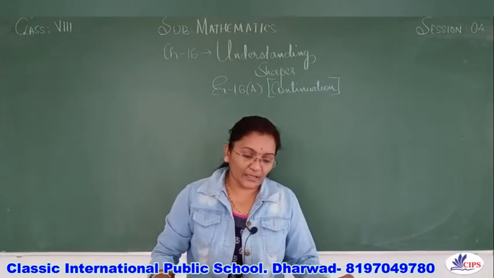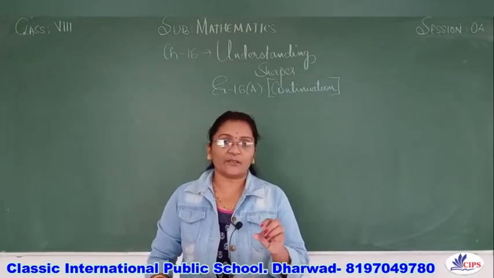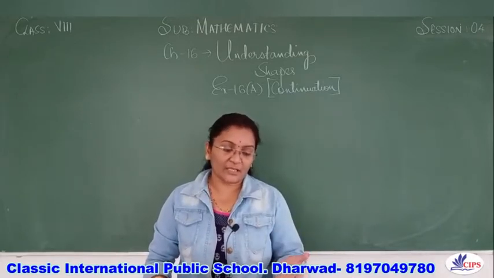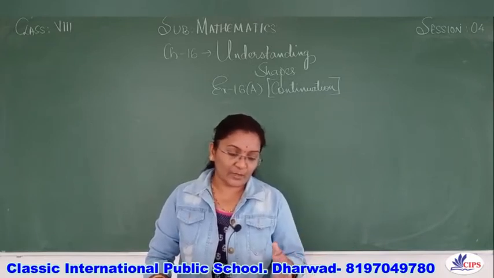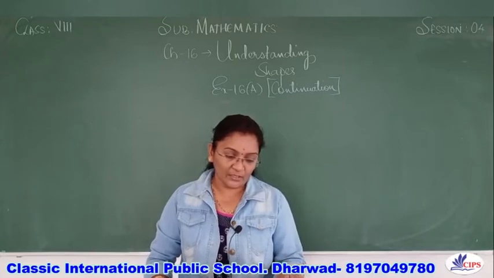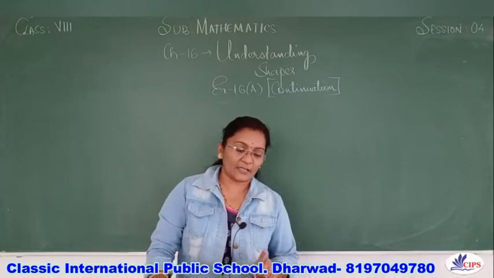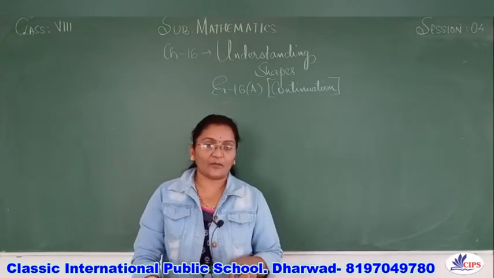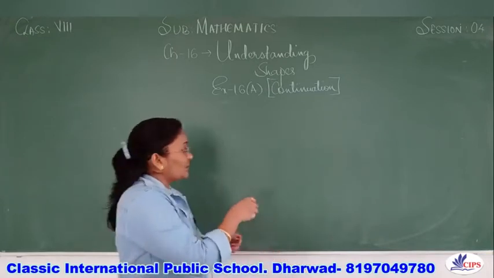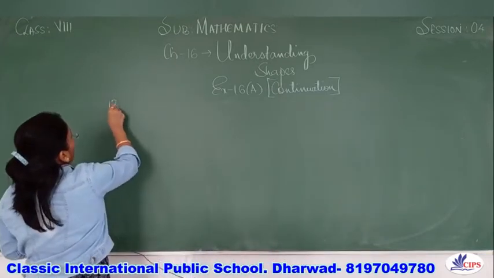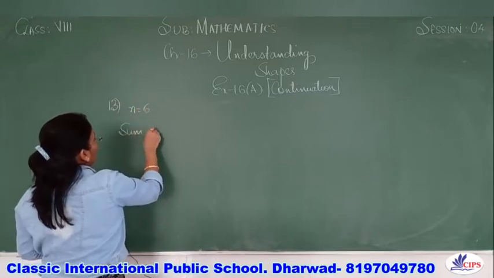The angles of a hexagon are. So here they have given the angles of a hexagon. They have not given the measure, but in terms of measure they have given you algebraic expressions. So here x plus 10 degree, 2x plus 20, like this they have given the expressions, and they have asked us to find the value of x. So what will be our first step? As the figure they have given is a hexagon, so let us find the interior angles. So here in the 13th one, our n value is 6.